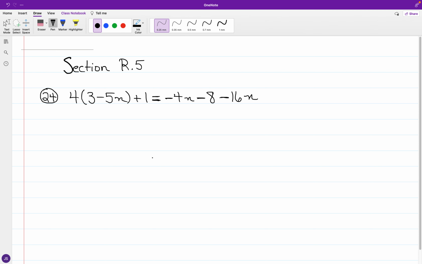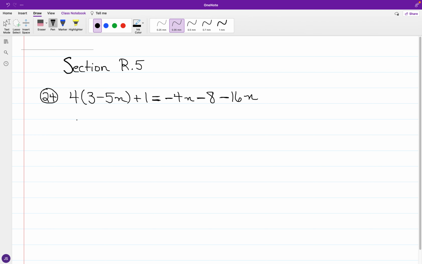conditional, contradiction, or identity. Now we have in number 24, so we're working with a different variable, the letter n. And if we're looking at trying to solve for this letter and determining what type of equation we're going to have, we have first of all working in what we have for n. So on the left-hand side, we have 4 times the quantity of 3 minus 5n, followed by the addition of 1 is equal to negative 4n minus 8 minus 16n, and working around the terms in the